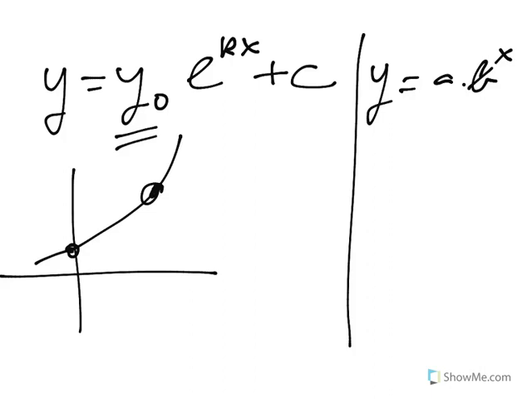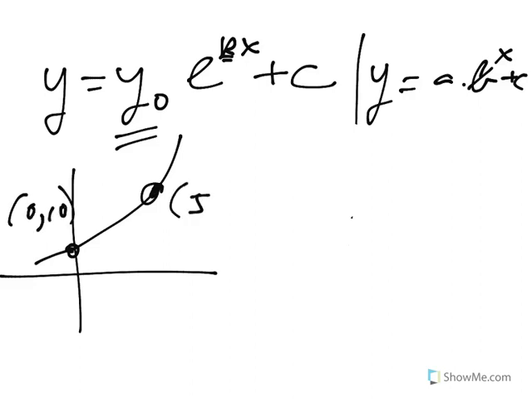but, sorry, this should have plus c. Instead of having b to the x, it's e to the kx. E is not a variable, it's the constant e. The k, the coefficient of the x, is sort of related to the growth rate. And I'll show you how to get an equation. The easiest situation is where we know the y-intercept, and we know another point,